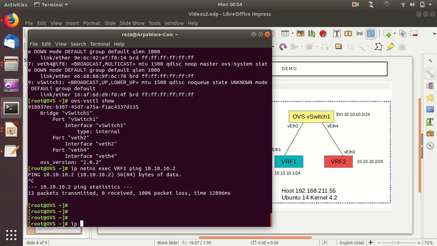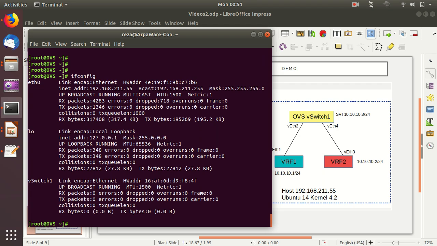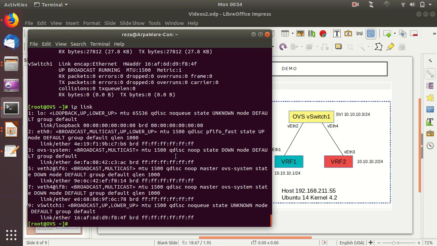Okay, let's do an ifconfig here. Those two interfaces are not showing right now, so let's do IP link. Okay, here we go. Our virtual Ethernet 2 is down, and virtual Ethernet 4 also is down. So we never brought up these interfaces. We have to bring up the virtual Ethernet 2 and virtual Ethernet 4, which are both inside the default